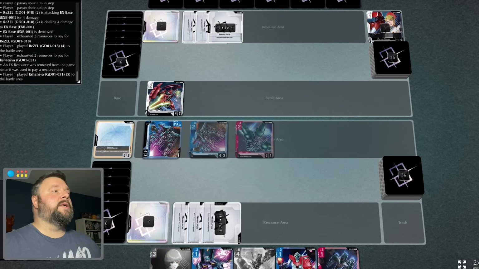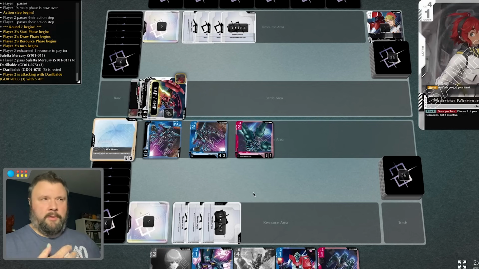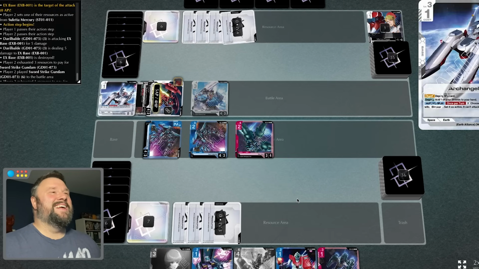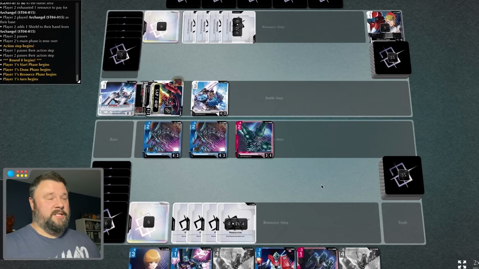I went ahead and used the EX resource because I was getting kind of a board advantage here, and I want to build on top of that. Oh, now we're tied with resources. Okay, so he's playing the Sword Strike Gundam. This one's really awesome. It can bounce, so that is going to be some trouble. We need to get over that base, and plus then we need to get over the 4...